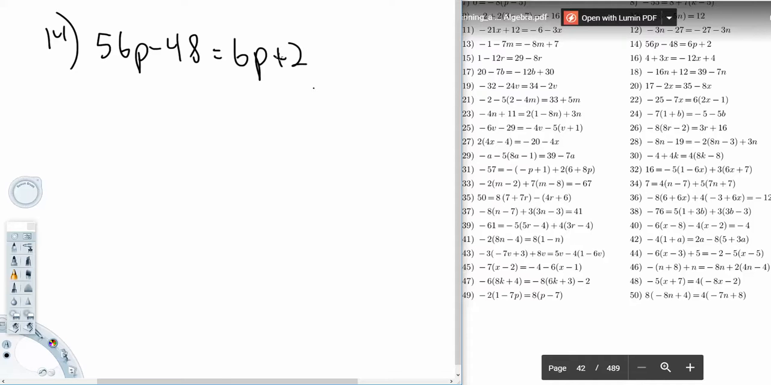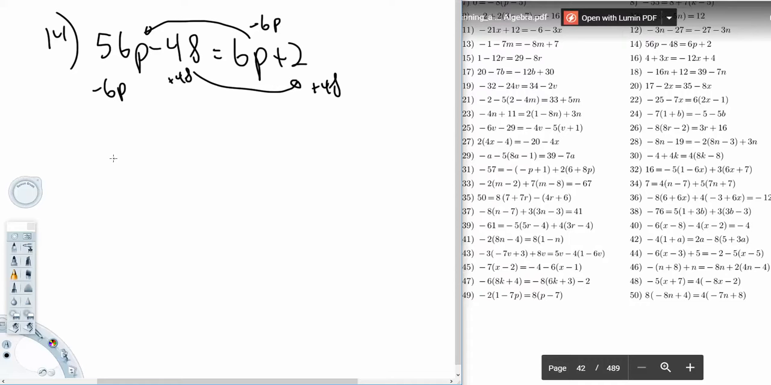So they're asking us to, what do we do? First thing we do is we're going to combine like terms, right? So we're going to move this bugger over here, and we're going to move this bugger over here. So we're going to subtract 6p, and here we're going to subtract 6p. And here we're going to add 48, and here we're going to add 48. See what I'm doing? What I do to one side, I do to the other. So 56p minus